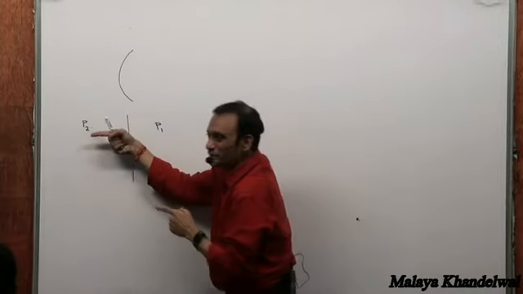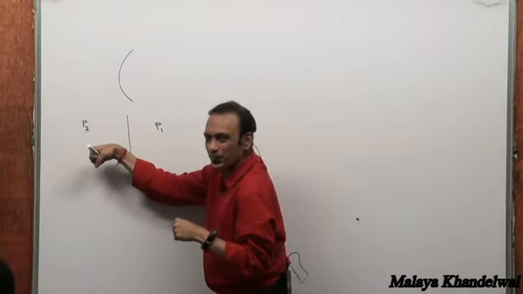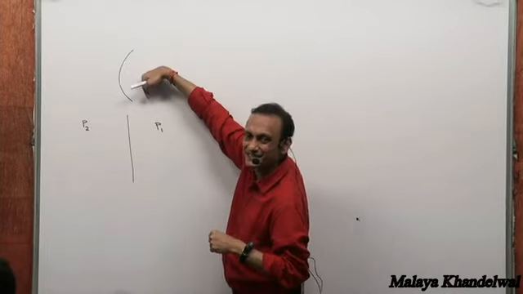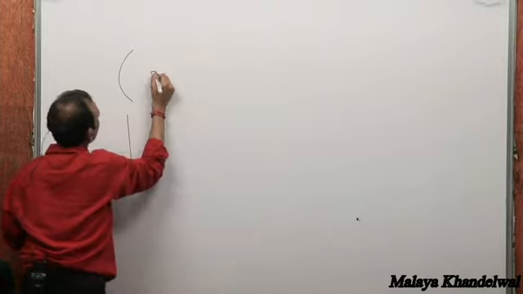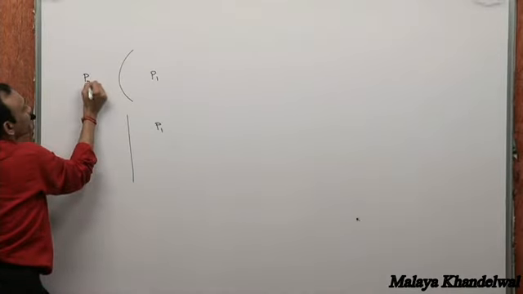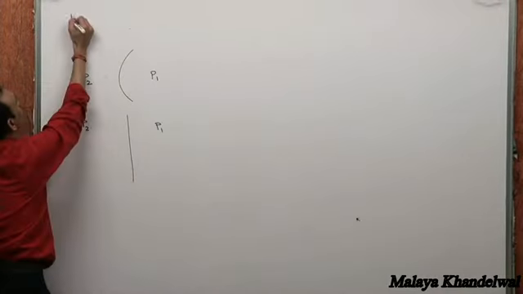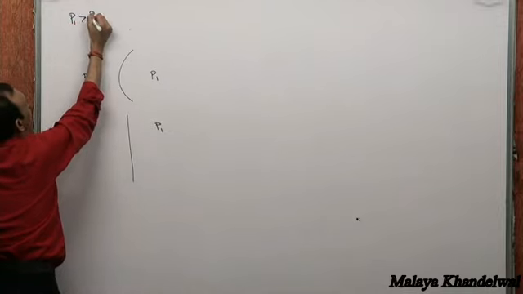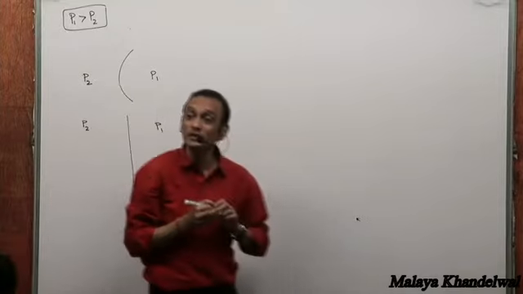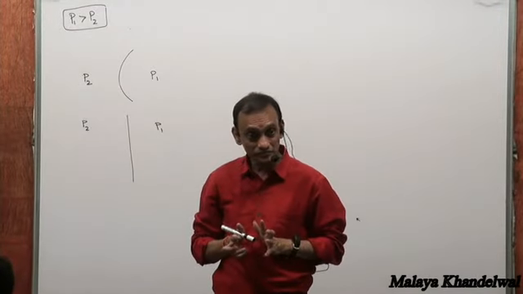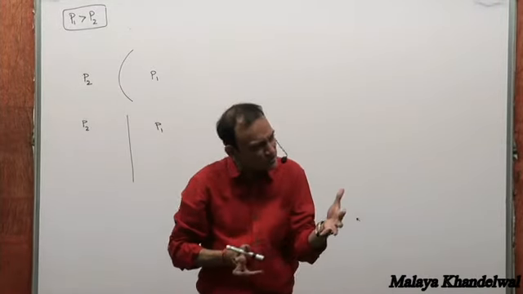P1 has to be more than P2, isn't it? Because if P1 is more than P2, it will create a bulge like this. For this bulge to be created, very clearly, P1 has to be more than P2. Yes or no? So if there is a curved surface,